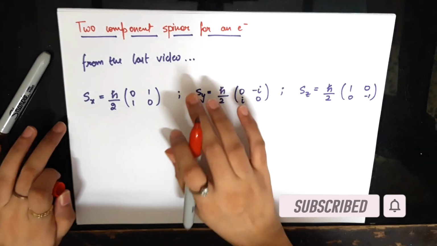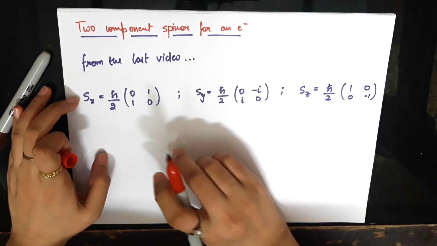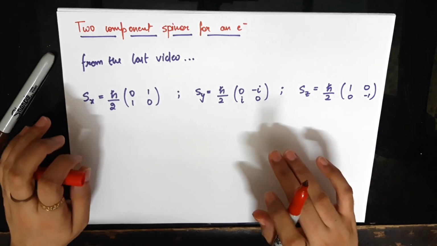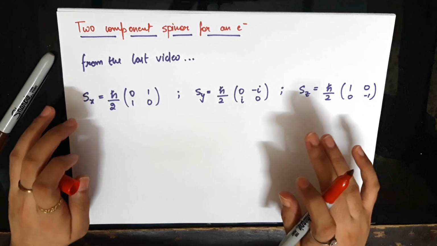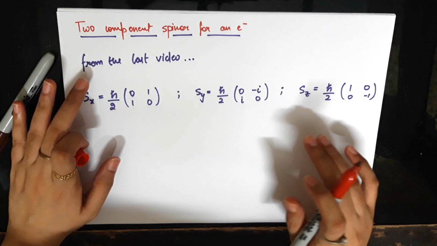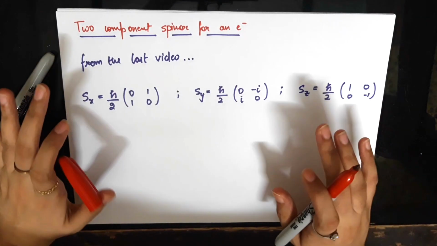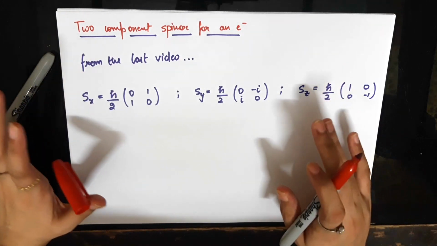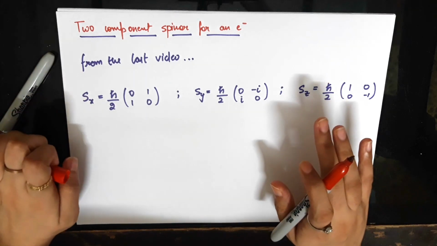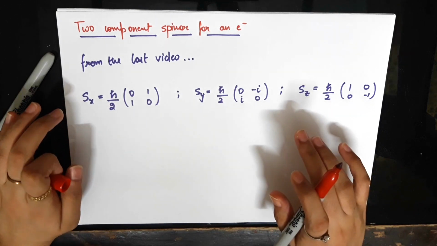So in the last video, we derived the explicit form of the spin operators corresponding to an electron. And we saw explicitly that these have to be 2 by 2 matrices, because if we measure spin in any direction, be it x direction or z direction or any arbitrary direction, the possible eigenvalues are just two. It's either plus h cross by 2 or minus h cross by 2. So that means it's a two-dimensional Hilbert space. So the spin matrices for an electron have to be 2 by 2 matrices.